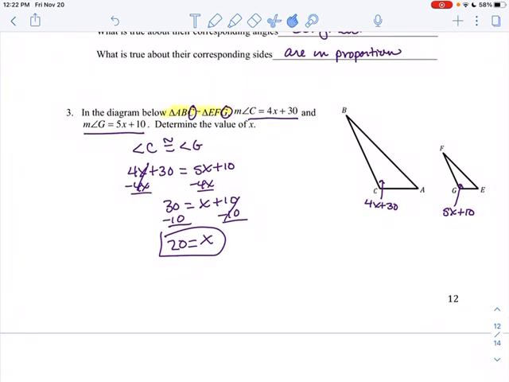And we will practice some more tomorrow with saying why triangles are similar to each other and then writing some equations like